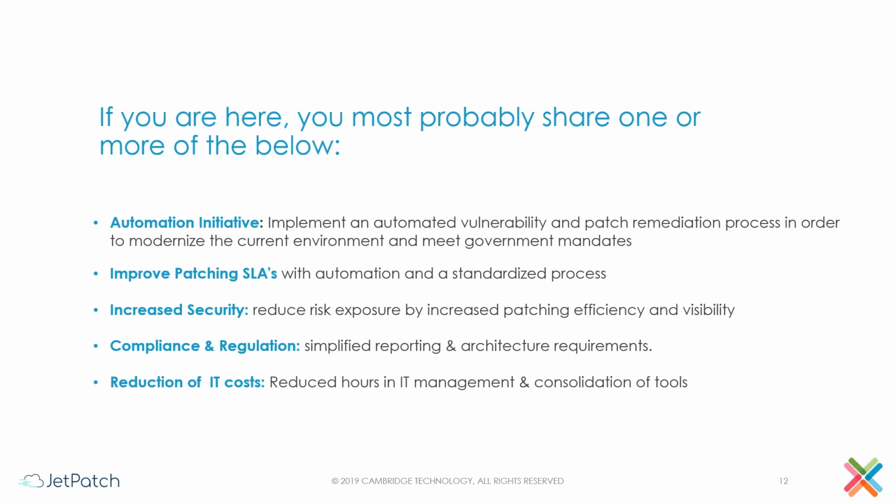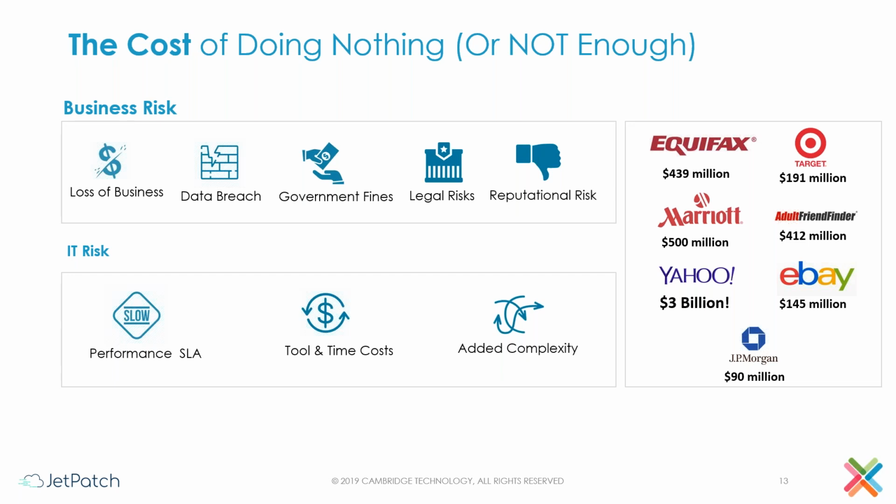In the next two slides, we're going to go into that in a little more detail. So let's start with the conversation about the cost of doing nothing, or not doing enough. Usually you'll see risks in two areas. On the business side, there's the risk of data breaches: you're either going to get fines by the government, or you have a legal risk. But as you can see with the companies that we've listed on the right-hand side of this slide, your reputation comes into play in a big way, which could indirectly or even directly mean losing a lot of business, at least in the short term. And being a trusted site, especially if you look at a company like Equifax, which has a lot of data around a lot of different people,